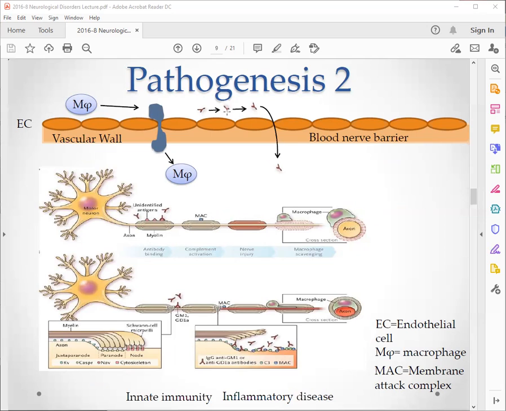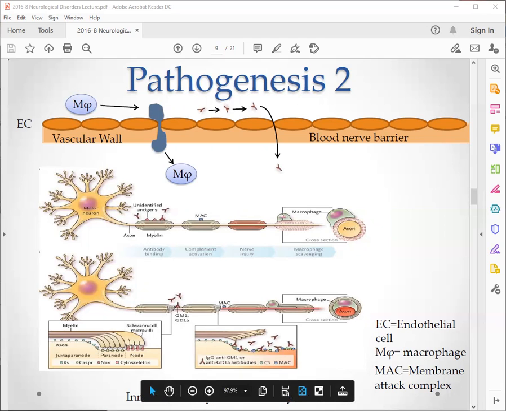Once those antibodies are created, macrophages, which are also part of the immune system, transport across the vascular wall, and antibodies also transport across the vascular wall and the blood-nerve barrier. Then those antibodies bind to proteins in myelin and the nodes of Ranvier. And when that happens,